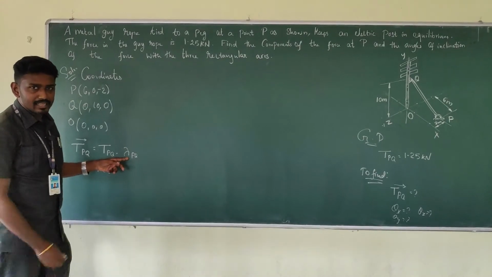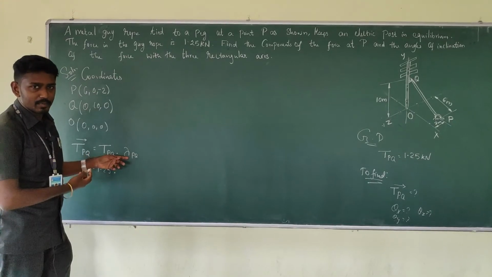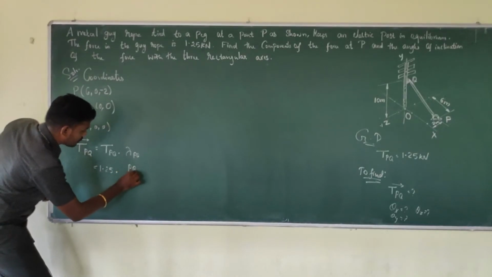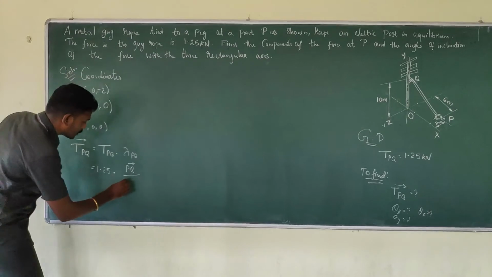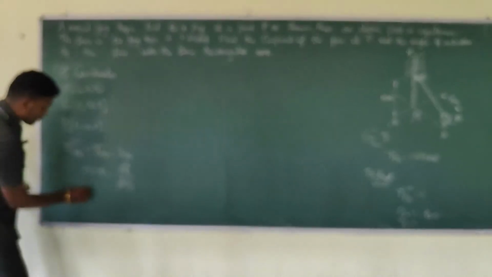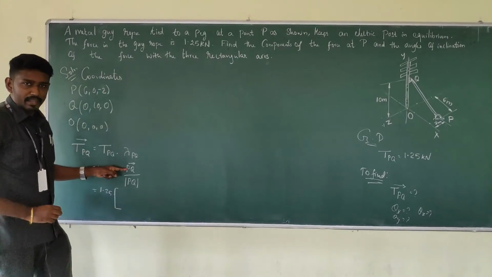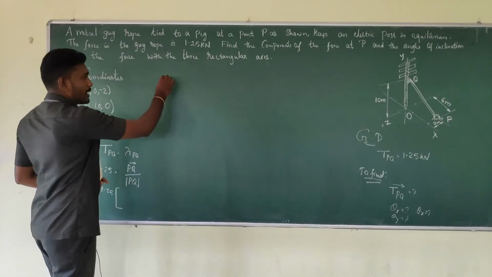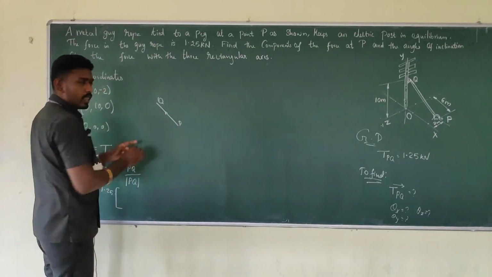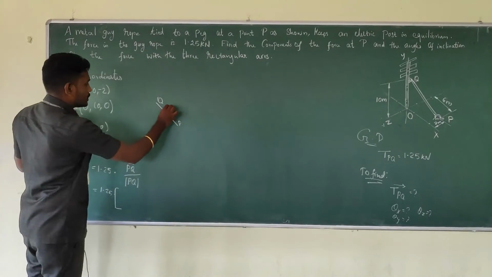In the introduction part we learned how to elaborate this unit vector. So we know a unit vector in the sense it's nothing but the position vector divided by magnitude of position vector. Correct? Magnitude of position vector. So here 1.25 into PQ. So force is going such manner, am I right? Which is moving in such manner in between P and Q. So first coordinate here P and Q is there. So T_PQ.